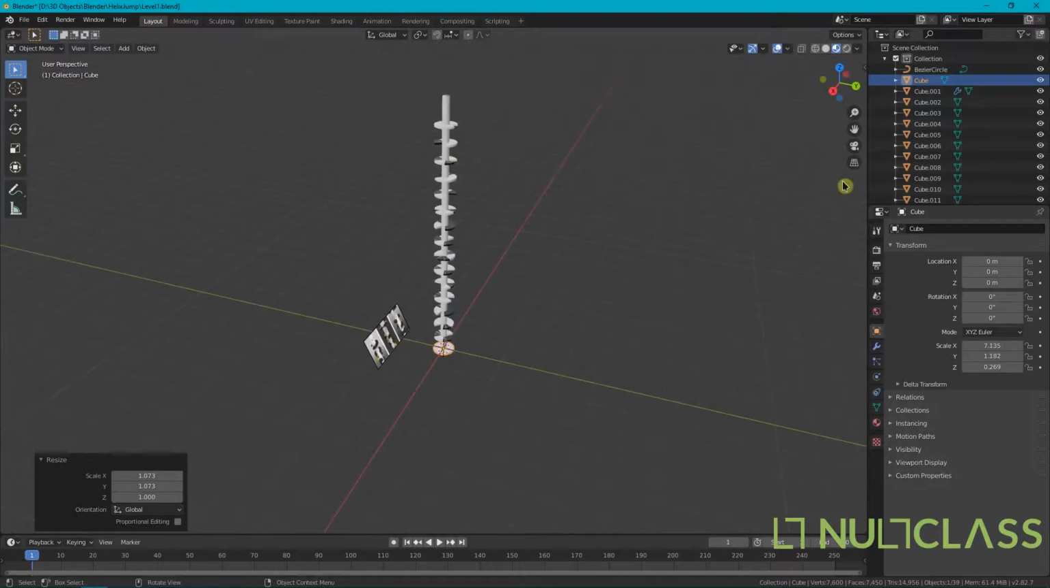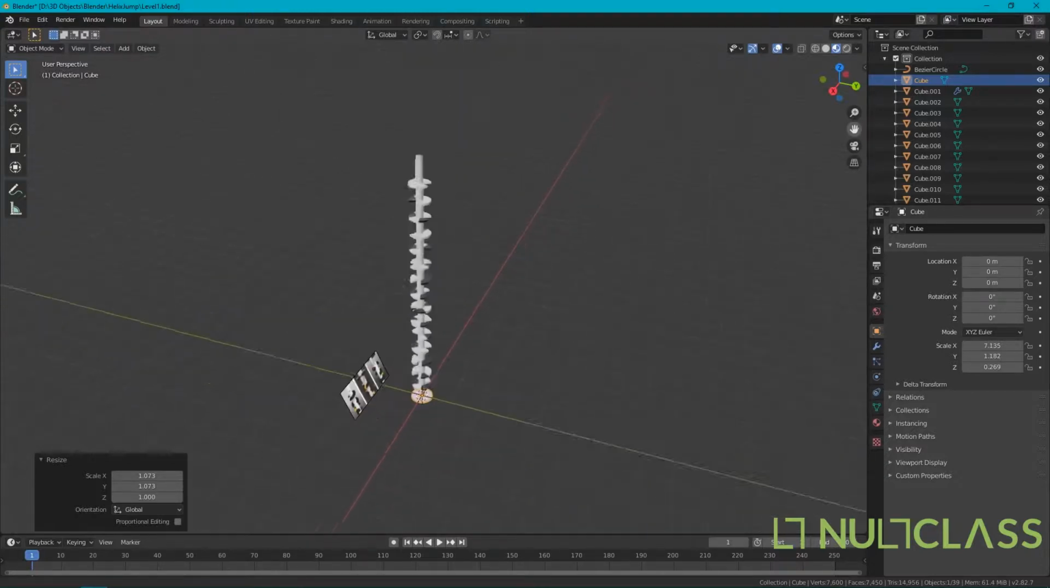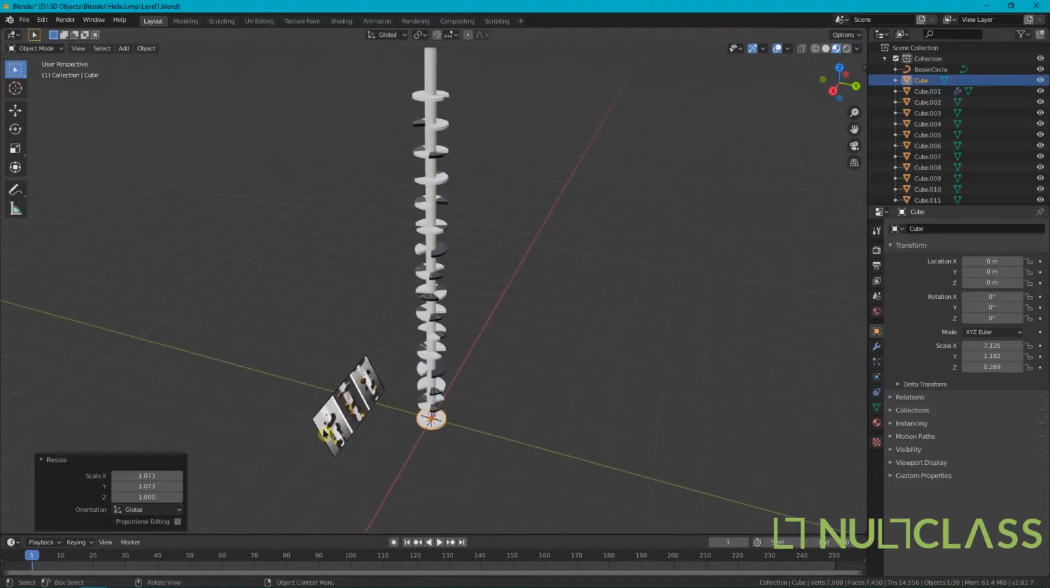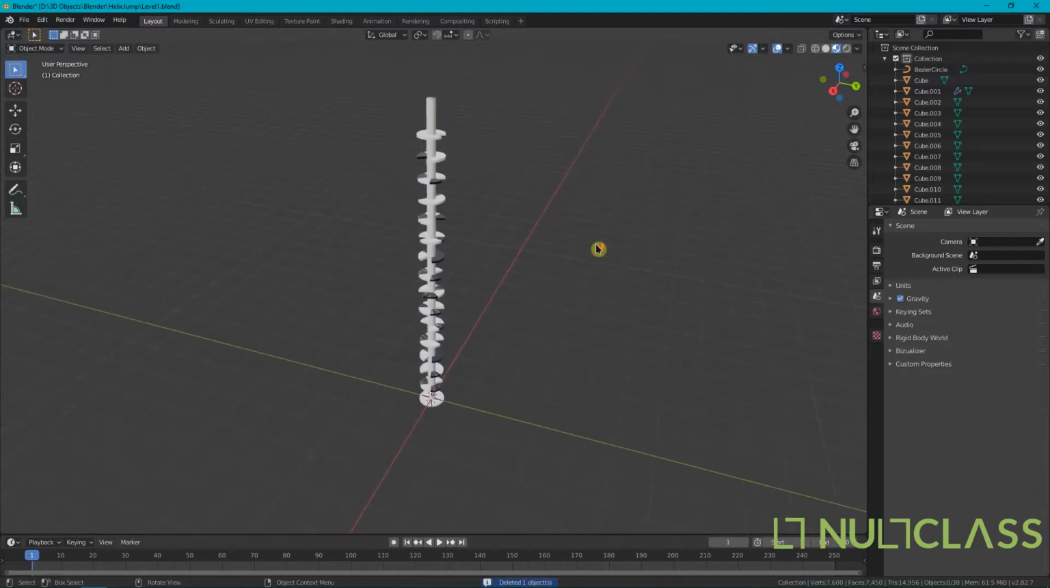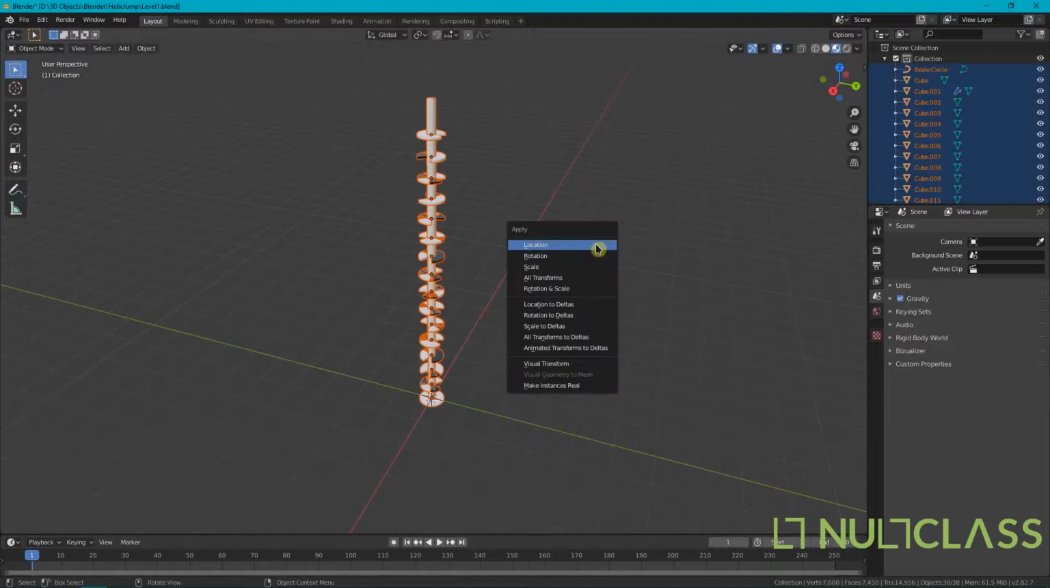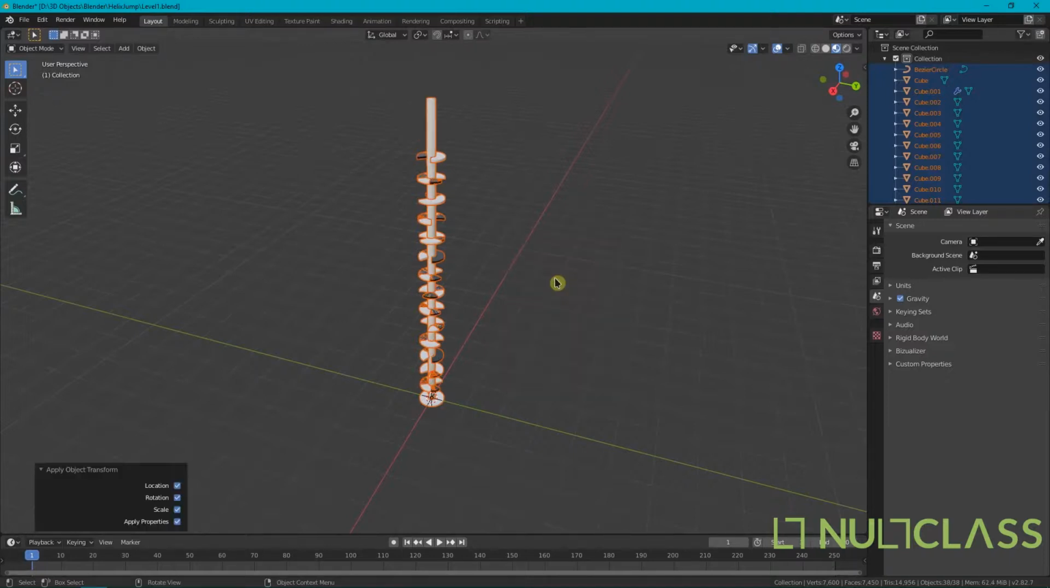Okay, so now that we have set up our level 1 shafts, we'll just go ahead and delete the reference image, and we'll just press A to select all, then Control A to apply all transforms, so that these are our default shapes now. So now that we have all of this, let's first of all save a file,